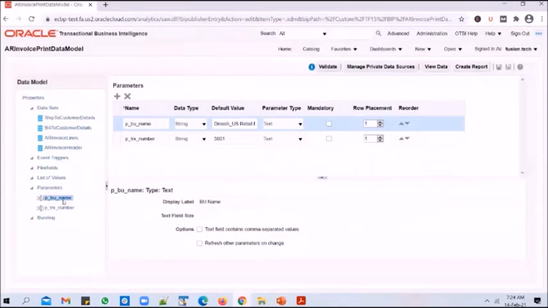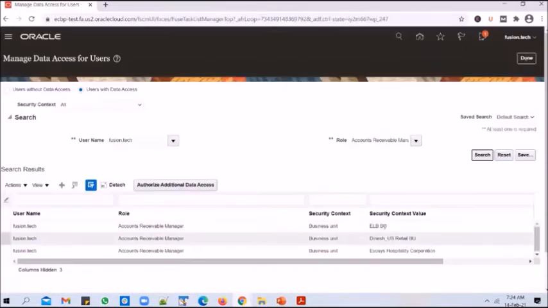So when we show the list of values for a business unit, does it make sense to show only these 3? That's because the user has got access to only these 3, right? So ideally, we should be seeing only these 3 BUs, not all the other BUs that exist in the instance. You might have hundreds of business units, but from a security standpoint, this user has access to only 3 BUs, right? So it makes sense to display only these 3.